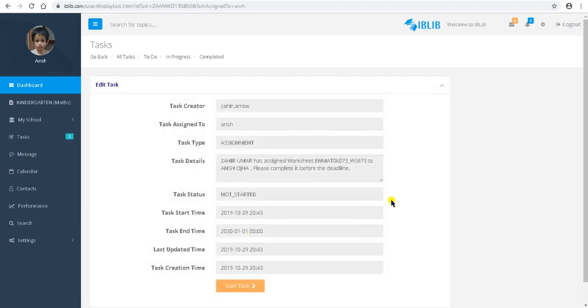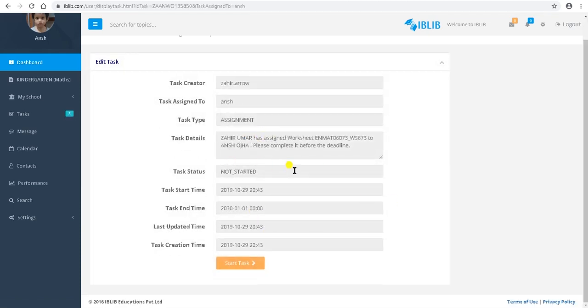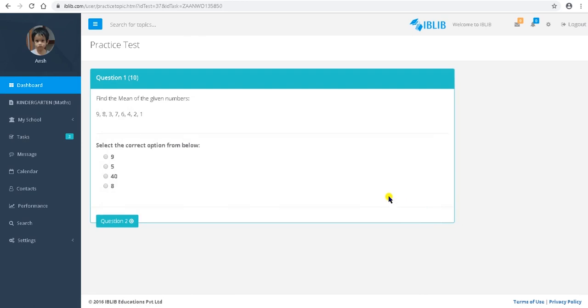Ansh can go there. You can see the details related to the worksheet which is an assignment for him to complete. You can go to start task and this is exactly the same worksheet which he needs to attend. Now one thing which you may have noticed, this worksheet has only 10 questions, so that means the repetitive question which was there in the worksheet has not been included. Now you can attempt the questions